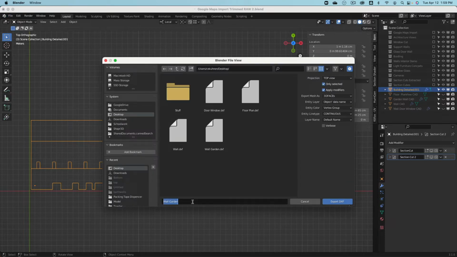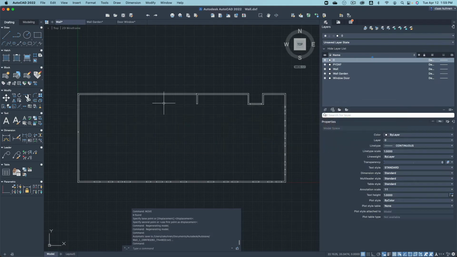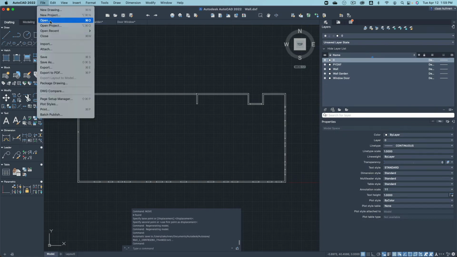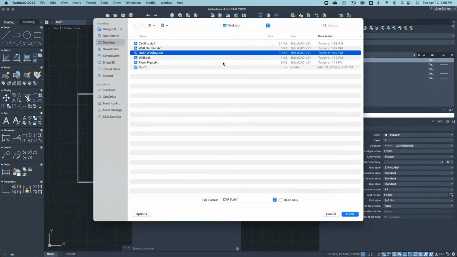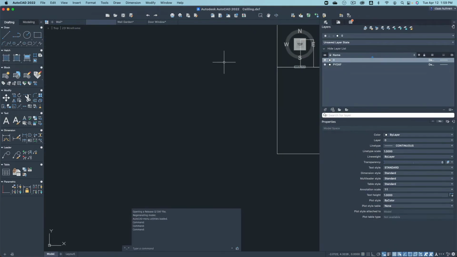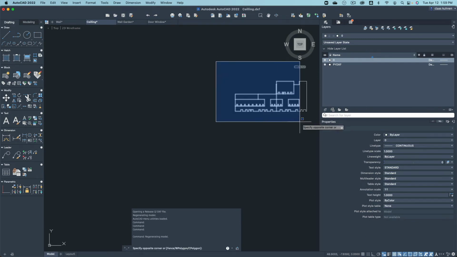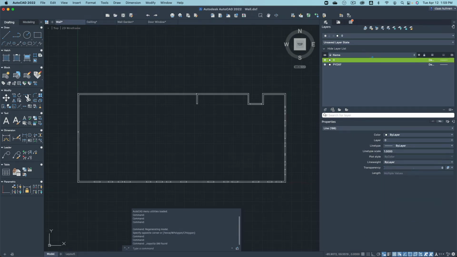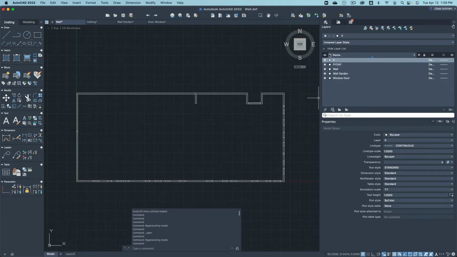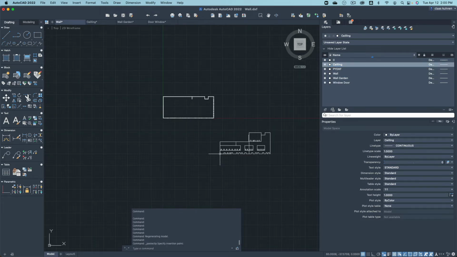AutoCAD, and then I can call this ceiling top export. You open or import it in. There it is. Thank you. And copy. Here I make a new layer already. I can make this layer active, and I think if I paste this one in,